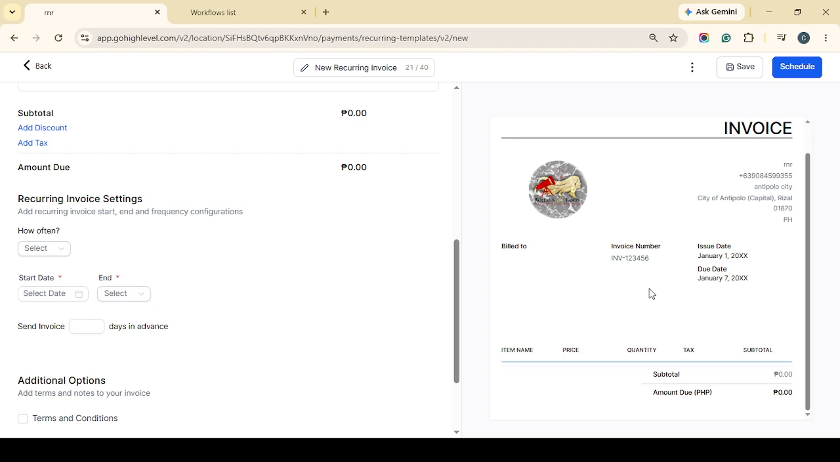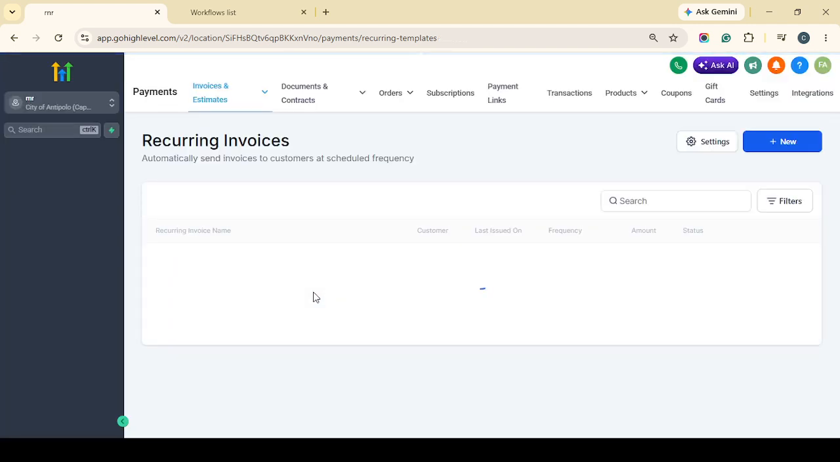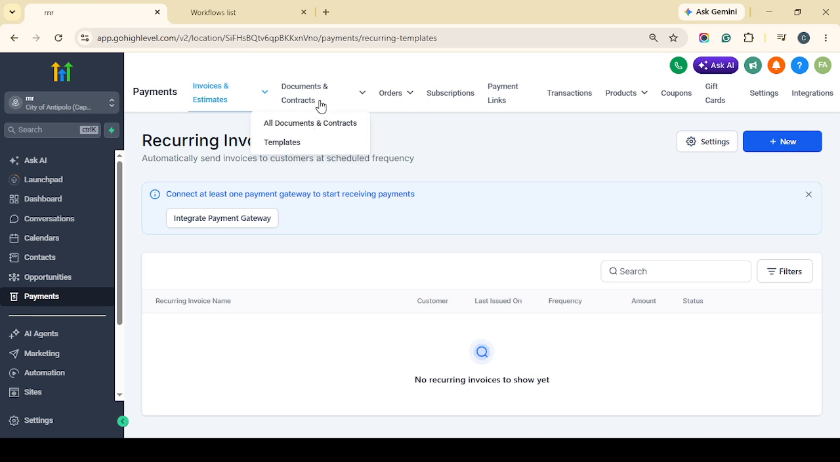From this point on, you can quickly pull it into any invoice or funnel without having to rebuild the details each time. That saves time, keeps your pricing consistent, and helps your sales